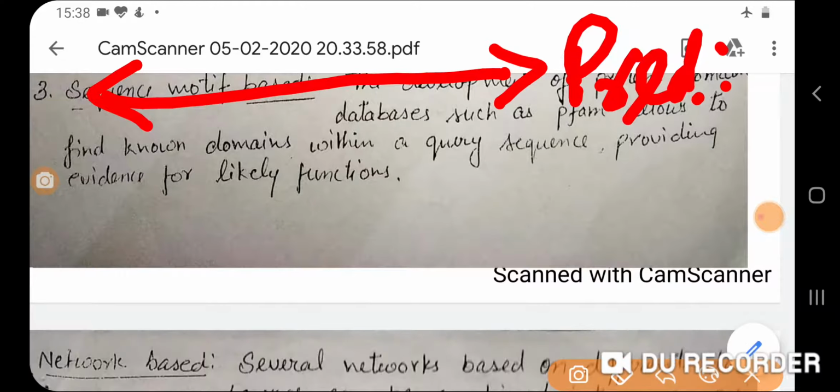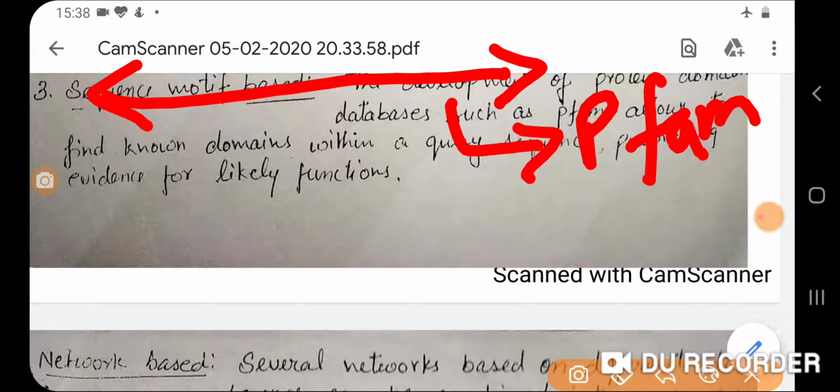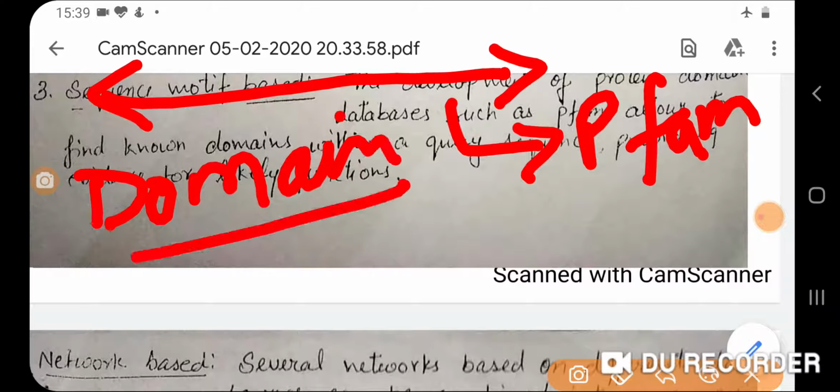So this is the protein sequence whose structure you want to predict. What you do is run this sequence against, just as an example, the PFAM database. There are so many; you can run for CATH, you can run for SCOP. So there are various databases. Suppose we run for PFAM, the protein family database. What is the motive? We want to know the domains. What is a domain? I told you before, it is a conserved part.